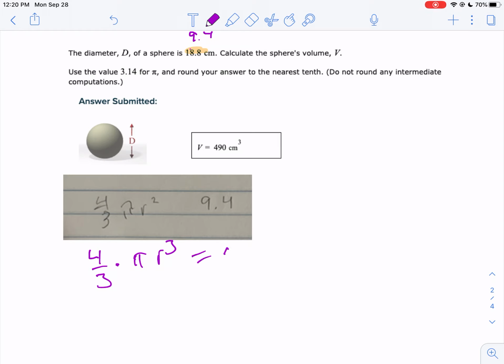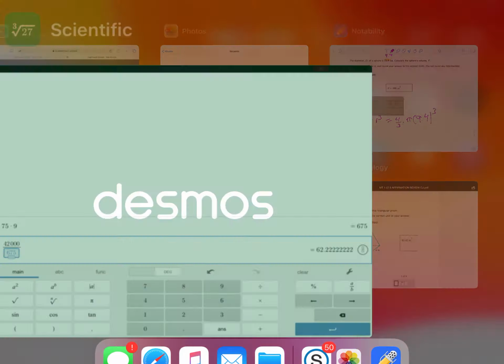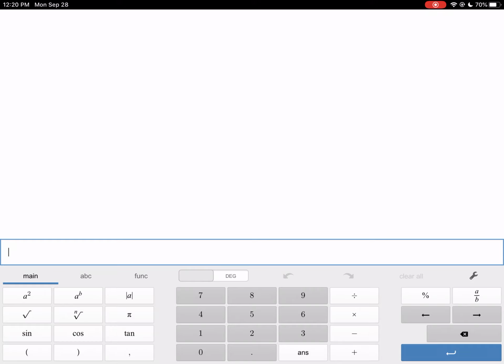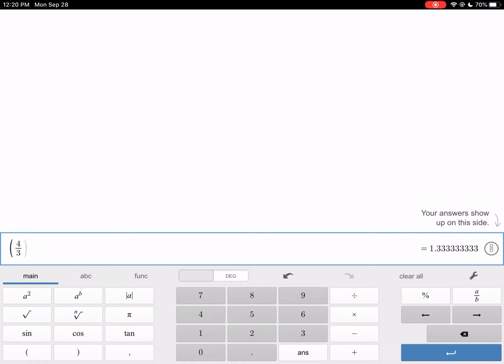So we're going to say 4/3 times pi times 9.4 cubed. Well, at this point, let's use our calculator. So 4/3, I'm going to just type in 4 divided by 3. I think I'll put that in parentheses just to make it easy. 4 divided by 3 times, instead of the pi key, they want us to use 3.14 times 9.4 to the 3rd power. And we get